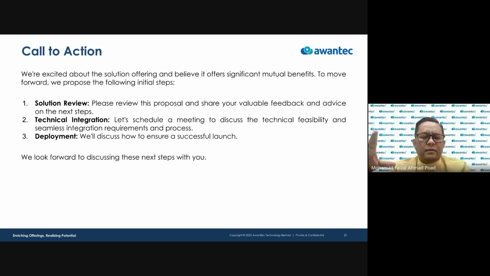Of course, some people really want to use the API, for example, but unfortunately their solution is not ready for that. So what is the workaround at this point in time? These are some of the common scenarios where we can help.